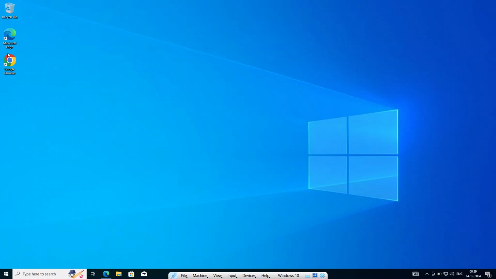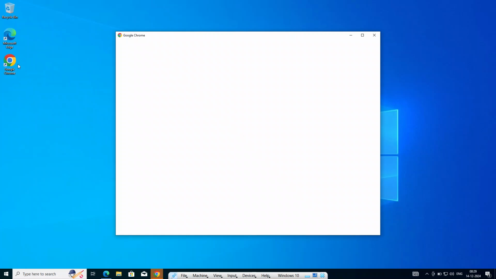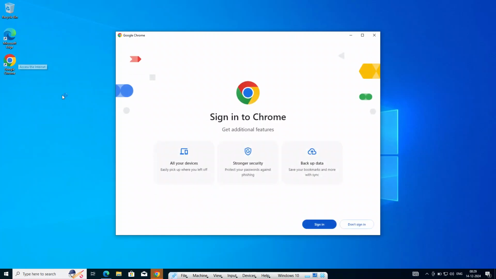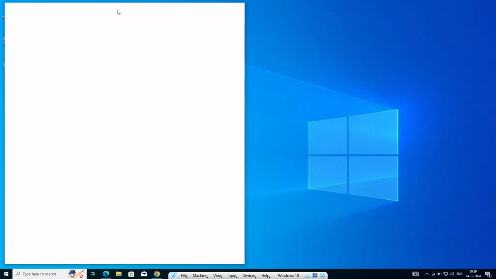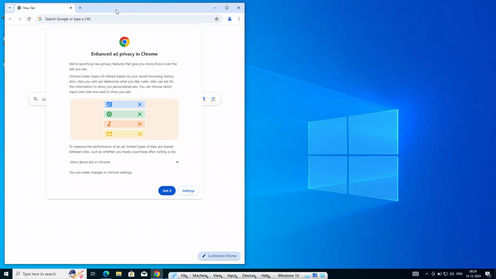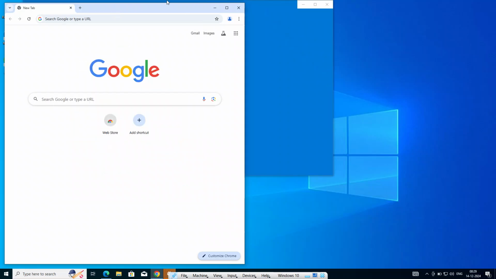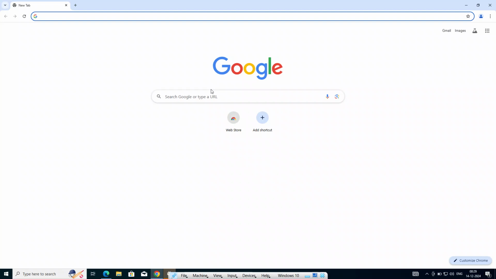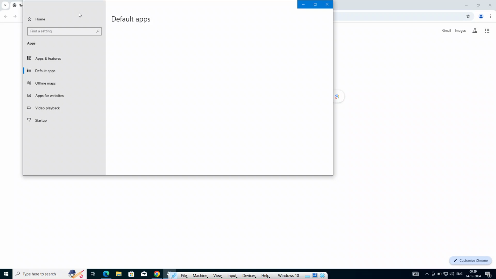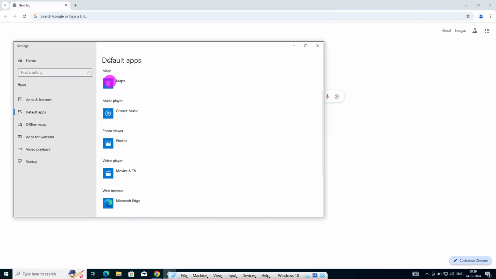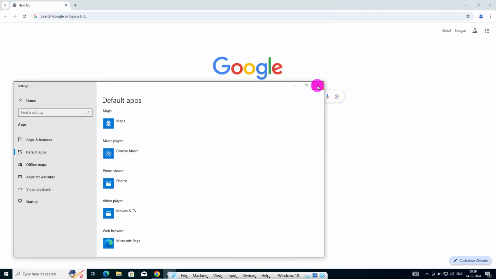Great. So I can see the Google Chrome icon on the desktop, and hooray, we have successfully downloaded and installed Google Chrome. So I'll click on Don't Sign In, set as default, and now I can use Google Chrome. I'll just maximize it and I can search whatever I want to, and we will be able to use Google